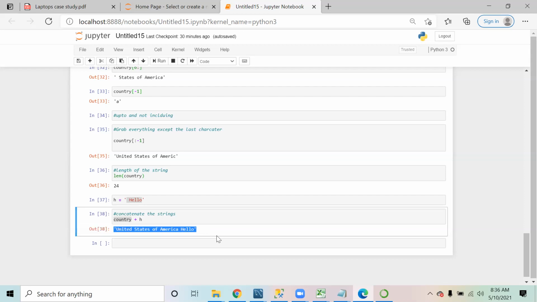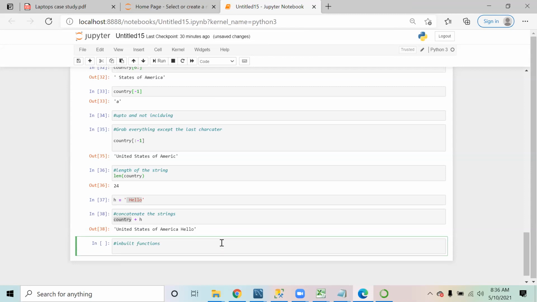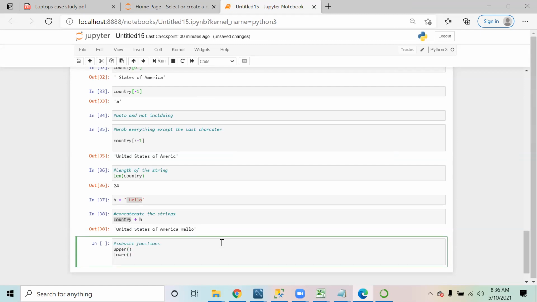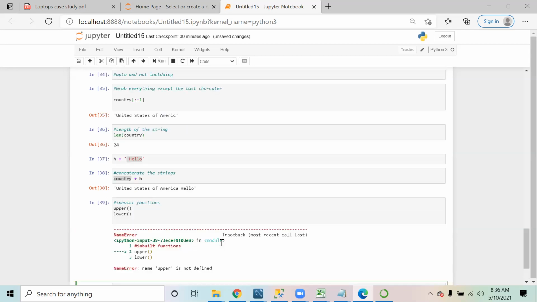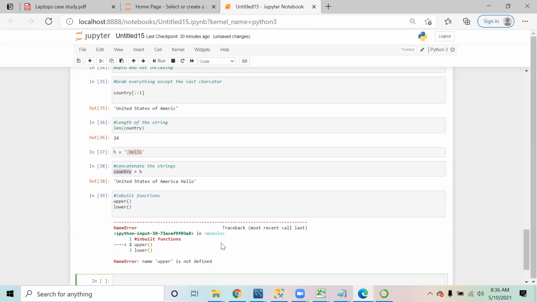Okay, and you have some inbuilt functions that you can use on your strings in Python, like upper and lower, some basic functions that I would like to tell you. For example, you have this country written.